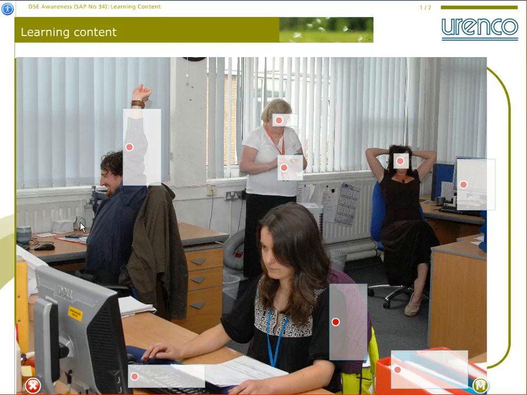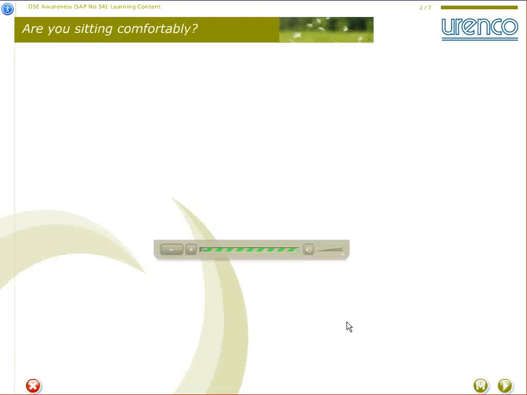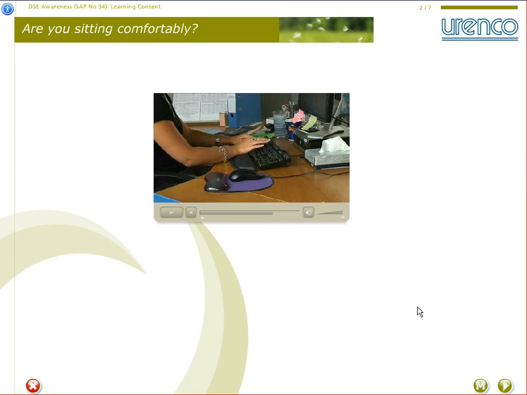Once I have visited all of these subject areas, such as sitting correctly, mobile devices, eye strain, DSE stress, setting your monitor up correctly, simple exercise that you conduct at your workstation, supporting information, and using your keyboard and mouse correctly, I then progress on to a final assessment, which checks again only my underpinning knowledge,